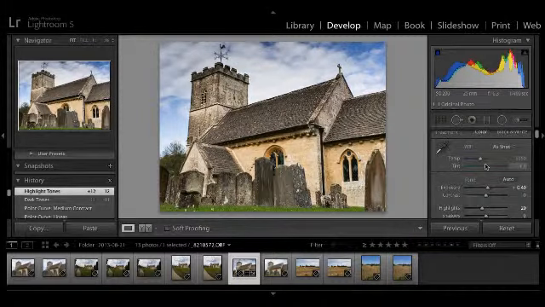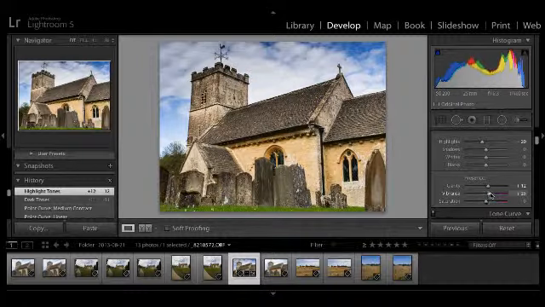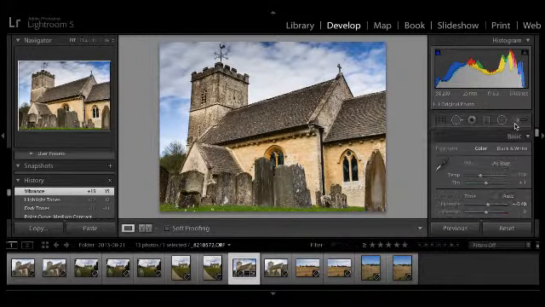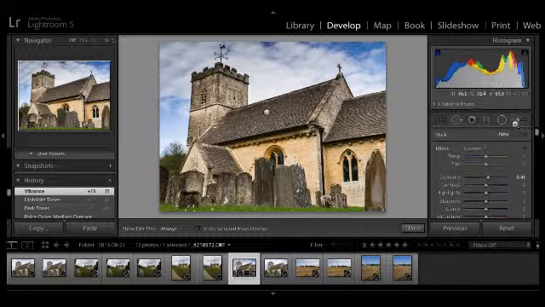Right, what else do I want to do with this image? Well, I might want to bring the vibrancy up a little bit to boost those colours. I'm just going to add just a slight bit of vibrancy. Nothing too drastic, just bring it up a little bit. That's now a lot more punchy, that's great. The last thing I'm going to do to this image is dodge and burn bits of the image in order to really bring the image to life. I want to